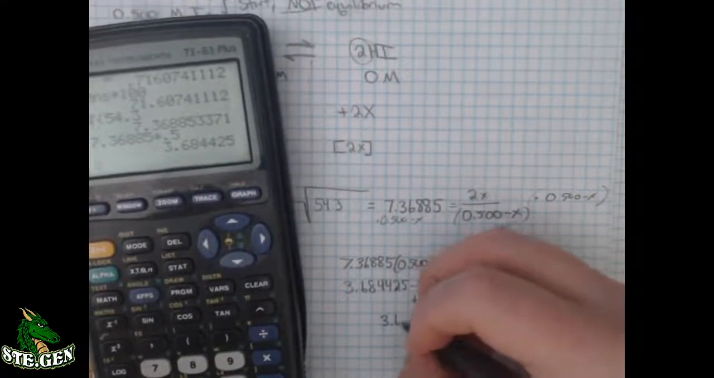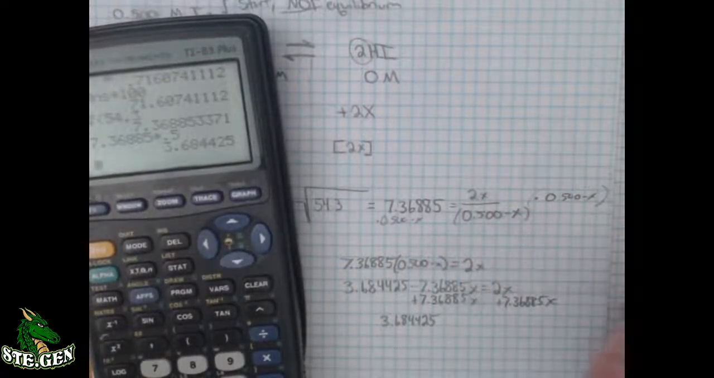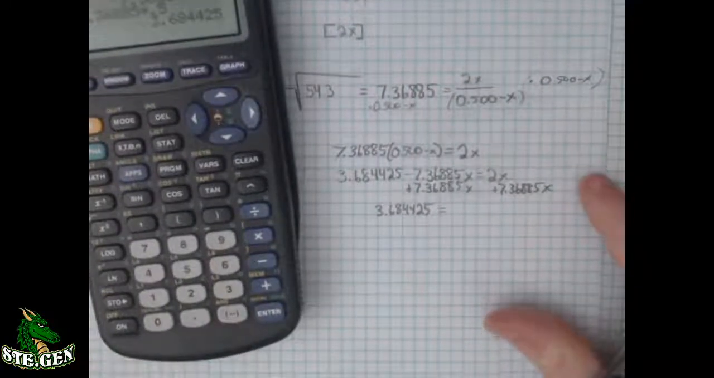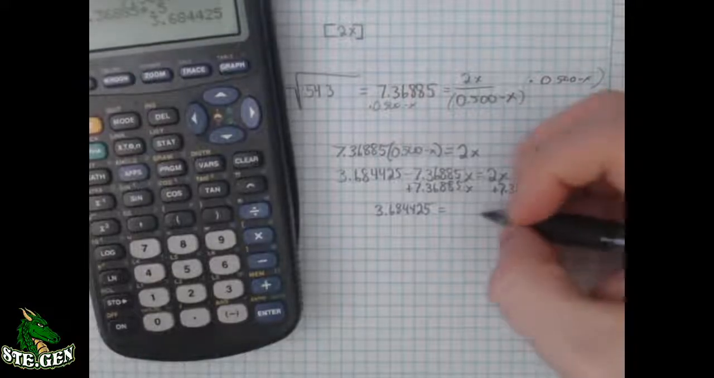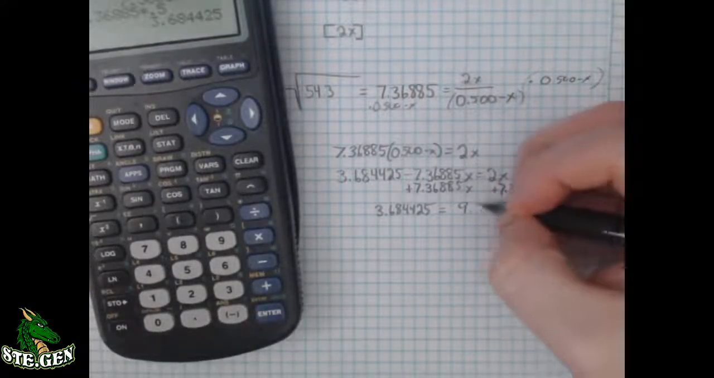That gives us 3.684425. I know I'm writing these really long numbers. You don't have to write them this long when you do them, but I just want to make sure it's very clear of the numbers and where I'm getting them from. And then we're just adding 2 to this number. So it's just going to be